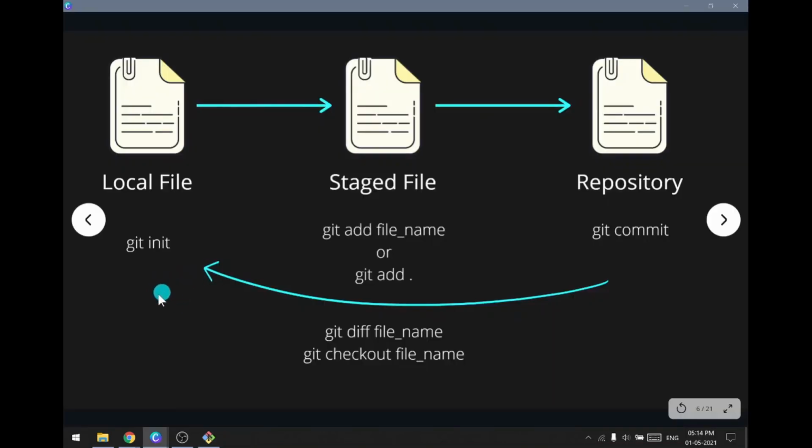If we take a look at this flow chart, we can see how to turn a local folder into a repository. We first git init the local folder, then we add it to the staging area, and then if any changes have been made, we git commit that. But at any stage, if you want to revert back to a previous version where we have not committed or not yet added the file to the staging area, we can do that with the command git checkout. And the git diff command is used to compare the changes in the new commits and the previous version.